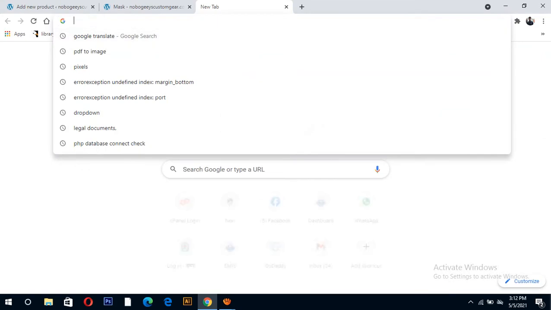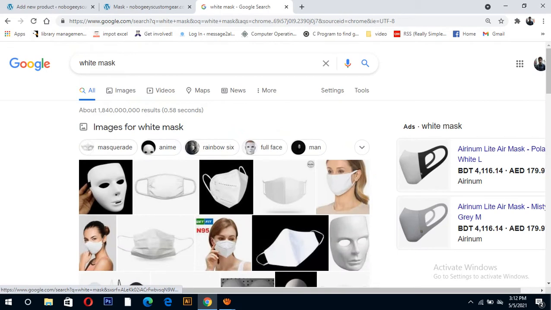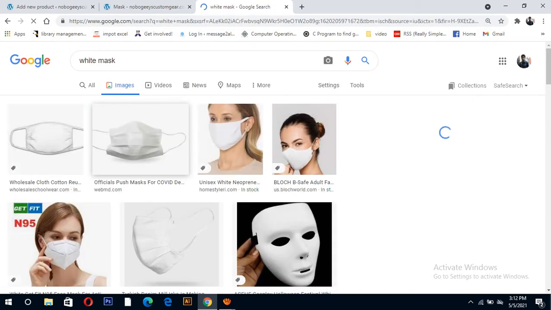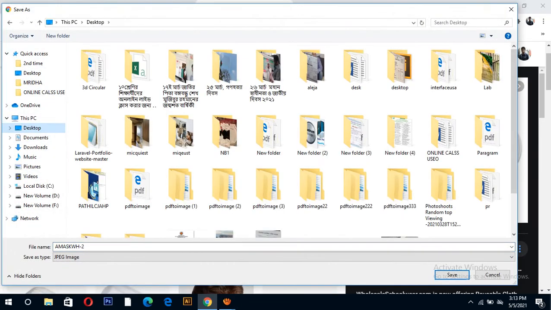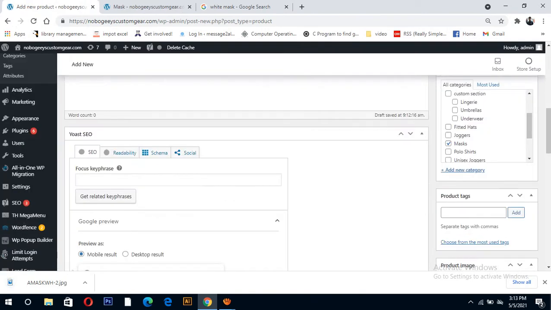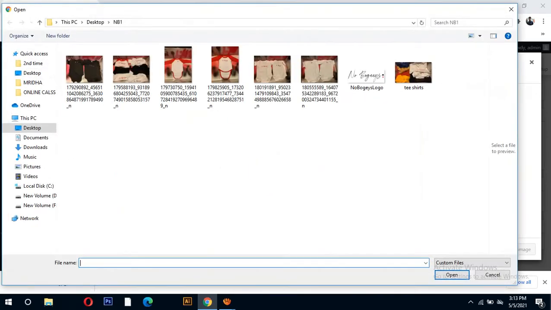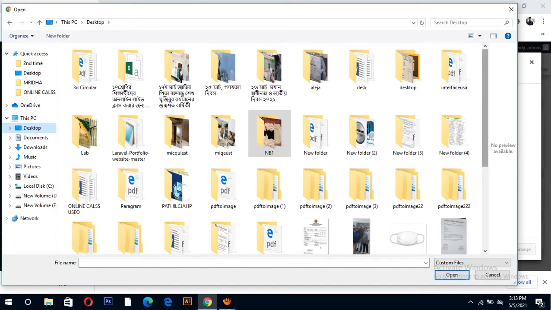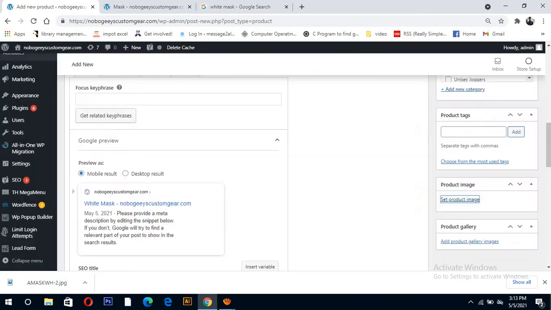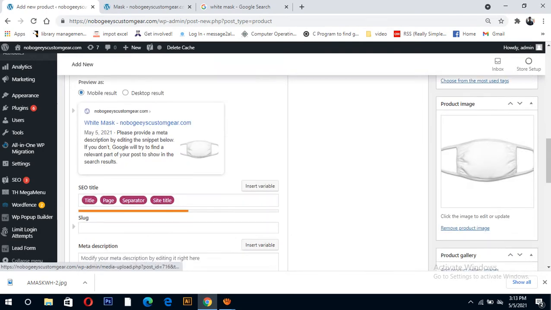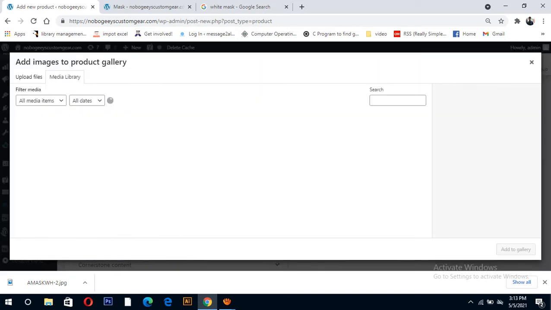I can show you one product, just white marks, just testing. The featured product image is set here only, and more pictures are added in the gallery.